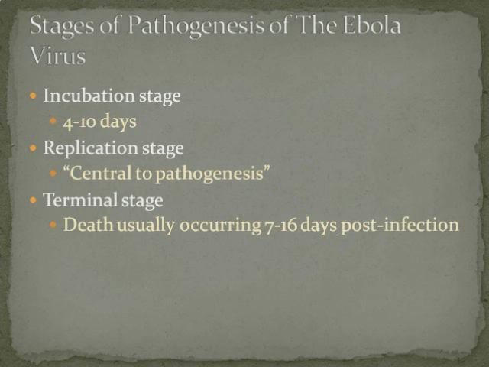It is at this point that the replication stage will cause an extreme amount of necrotic tissue and just overall massive cell death within the host, especially targeting the endothelial cells of the blood vessels, and will eventually lead to massive hemorrhaging,